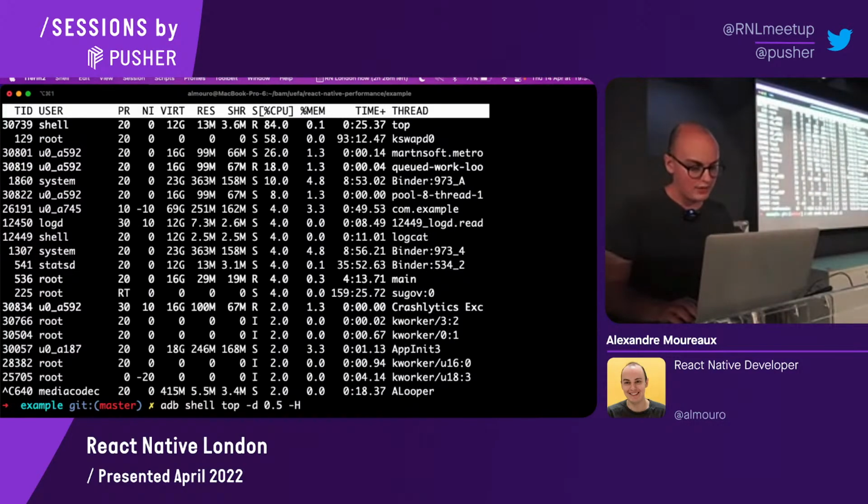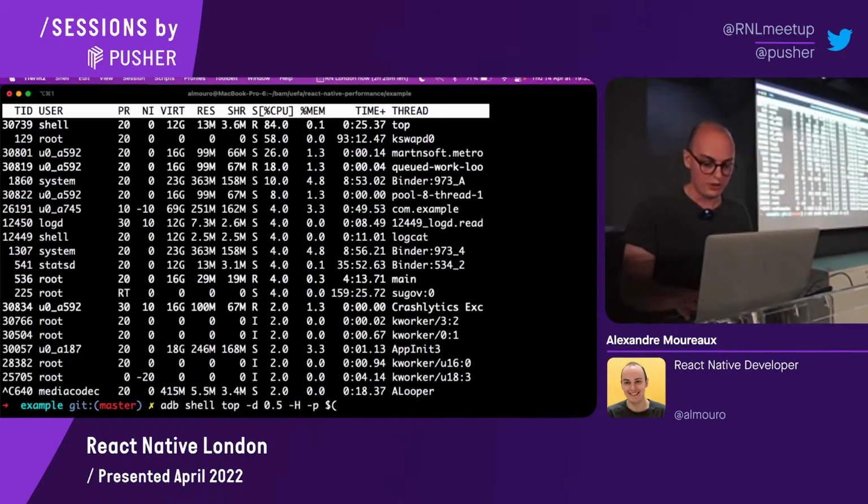But if you just want to get the threads for your app, you can do -p and select the process ID. Each process has a process ID. And if you're like me and you don't know how to get the process ID of your app, like if you want to do anything with ADB, you just Google "ADB do this on", and usually it works.